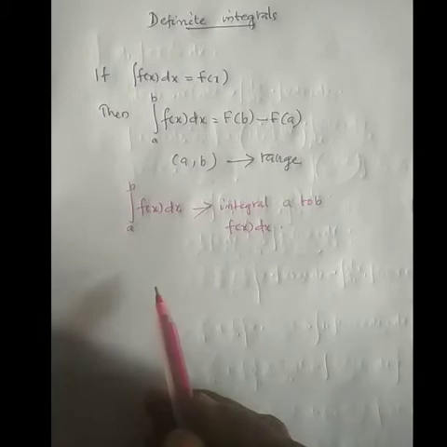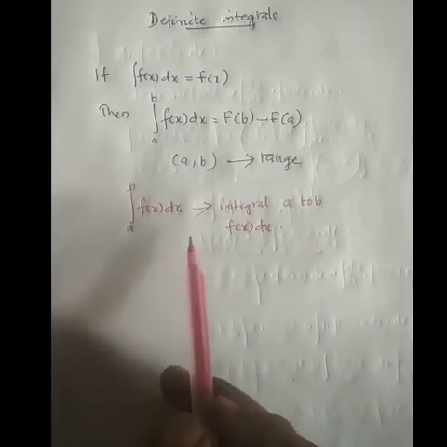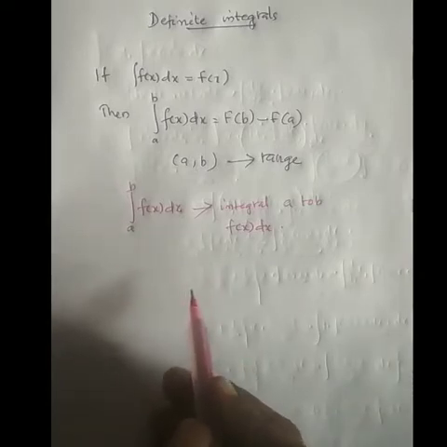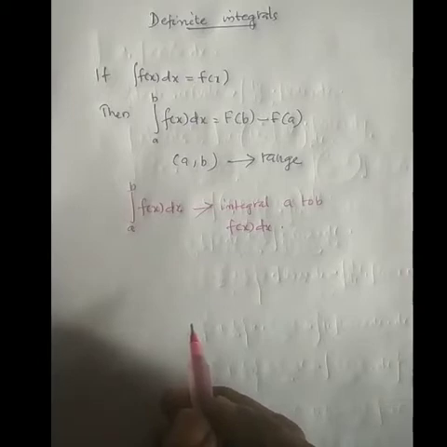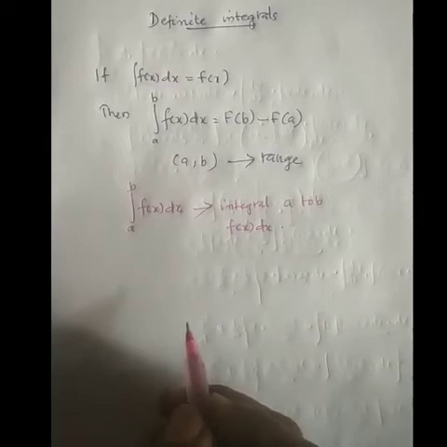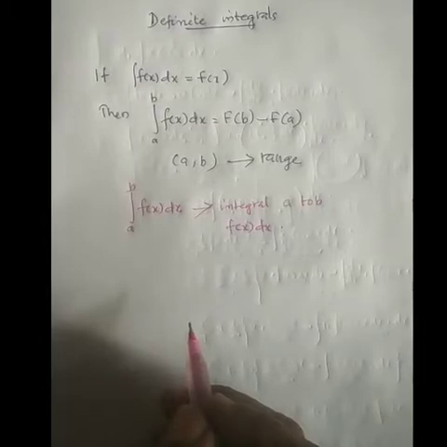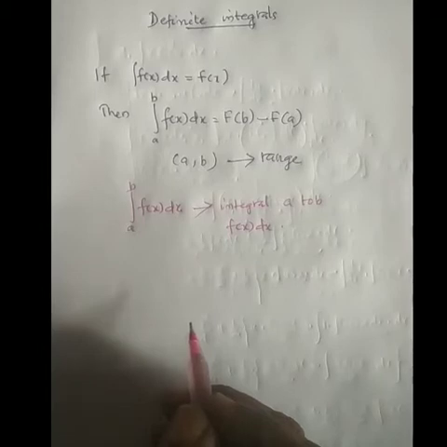To evaluate a definite integral, integrate the function as usual. Then take the difference between the values you get by substituting the upper and lower limits for x respectively. Note that the constant of integration gets cancelled, so it need not be written when you evaluate definite integrals. A definite integral can also be defined as the limit of a sum.